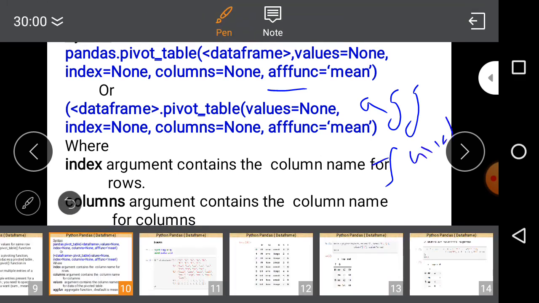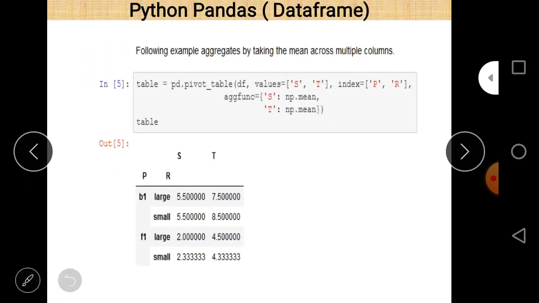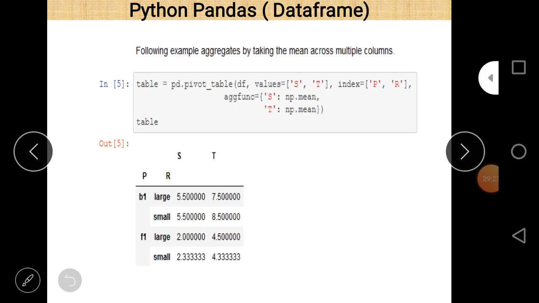So there is a little mistake here. AGGFUNC is the name of the parameter used in the pivot table function. And now we have already filled the value with 0.